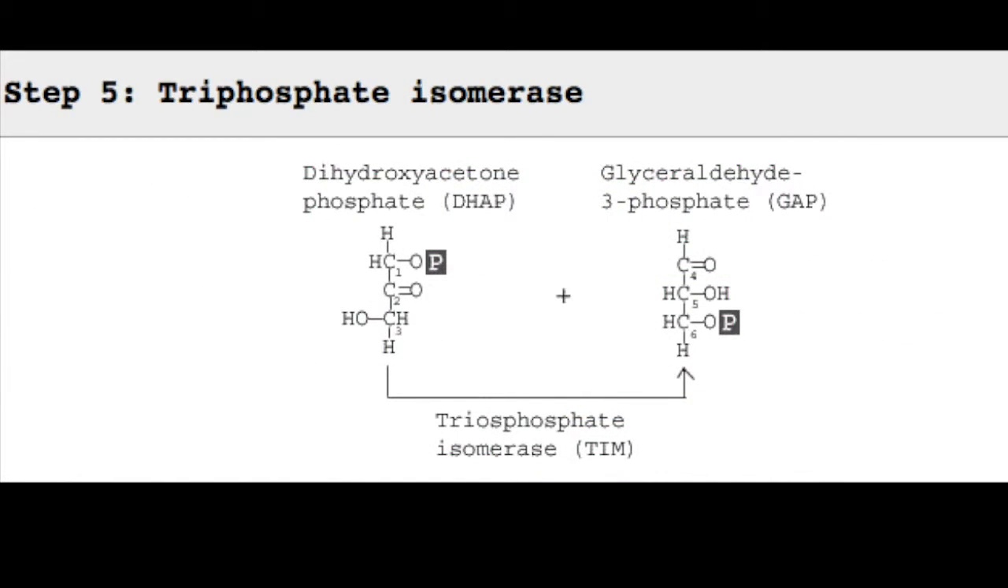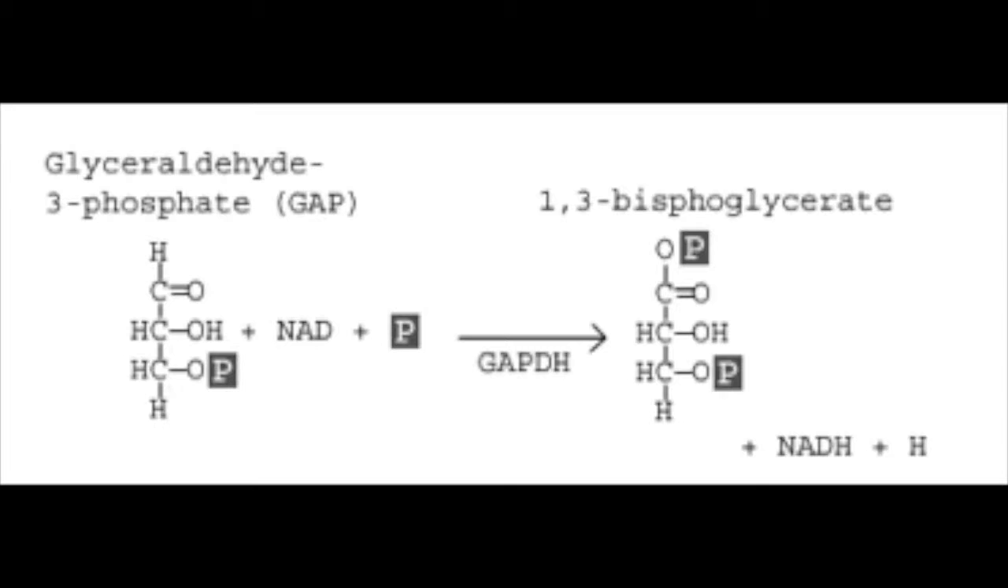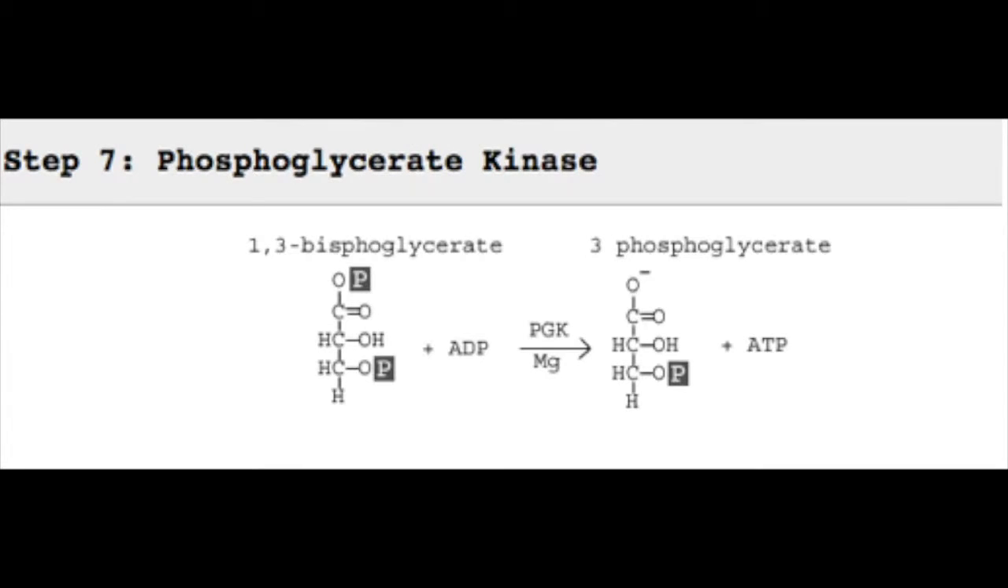In step 5, glyceraldehyde phosphate is being removed, and it will be used in step 6. In step 6, GAP is the only molecule that is being used. An inorganic phosphate is added to the glyceraldehyde 3-phosphate, producing 1,3-bisphosphoglycerate. In step 7, a phosphate group is transferred from